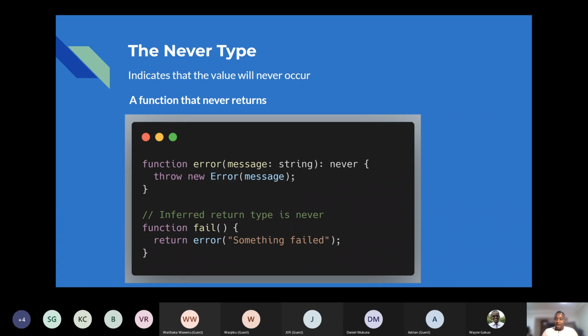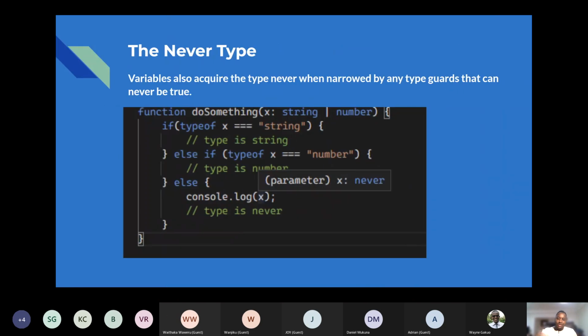A good example is the error case I'm providing here. If you have a function that throws an error, then TypeScript automatically infers its return type to be never. Another good example for the never type is